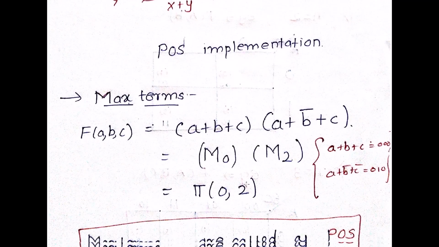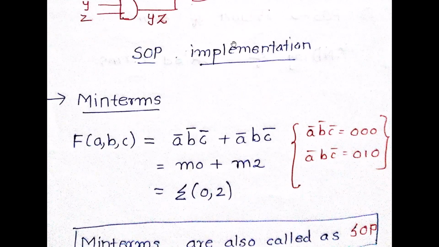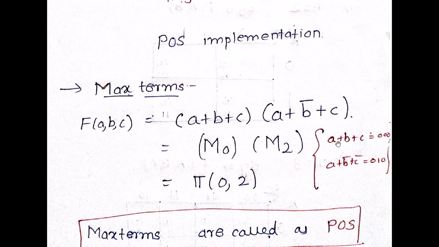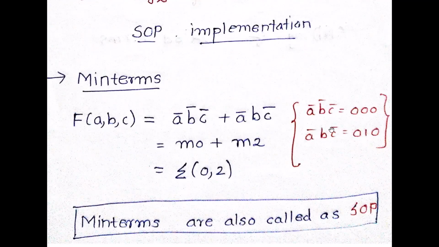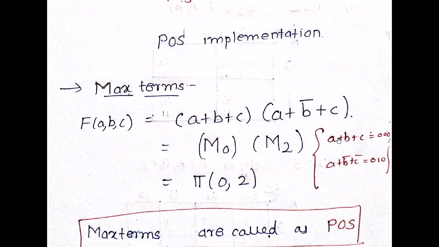Next, your product of sum is indicated with max terms. As I told you, SOP is indicated with min terms. Your product of sum is given with max terms, in which a bar variable is given as 1 and a non-bar variable is given as 0. If you see, in case of min terms, the bar variables were indicated with 0 and the non-bar variables were indicated with 1. So it is simply the opposite over here, wherein the bar variable is given as 1 and non-bar is given as 0. So a plus b plus c will be given as 0, 0, 0, and a plus b bar,